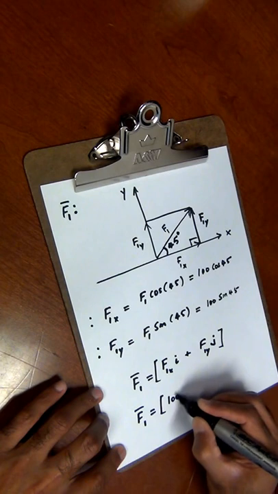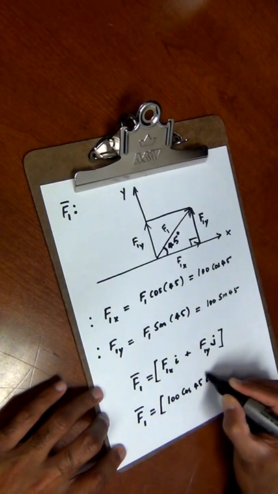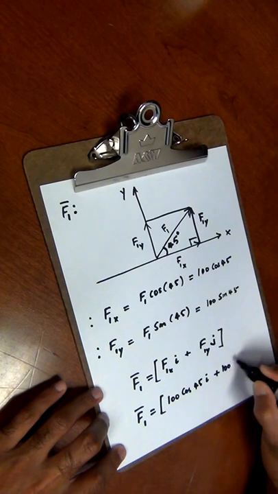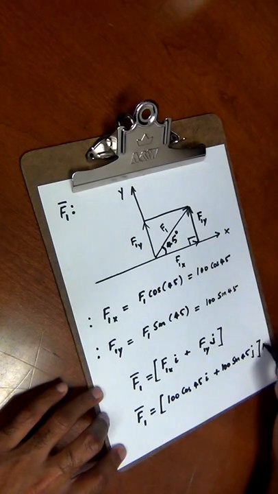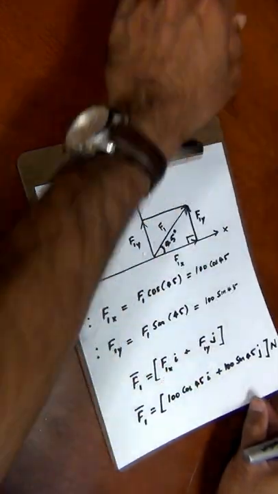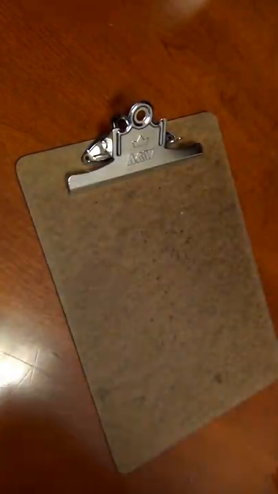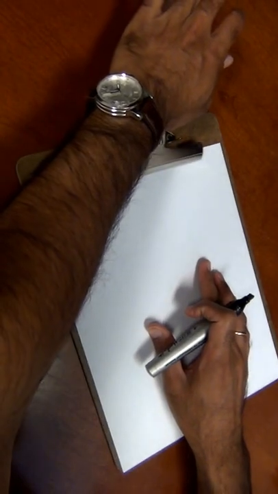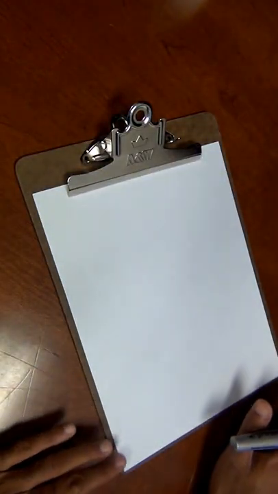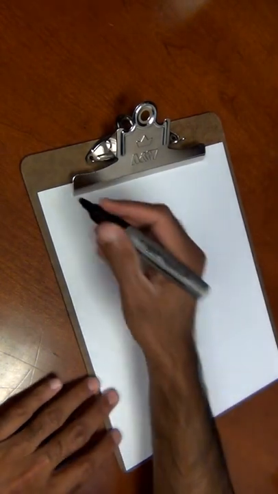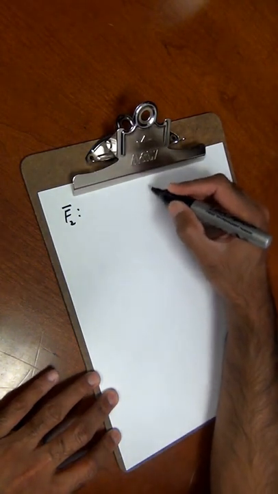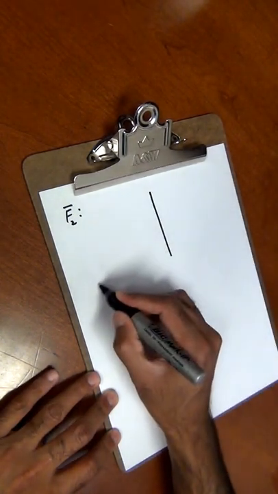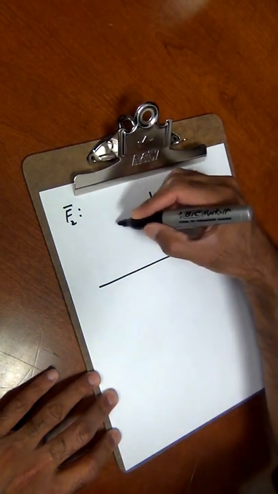Alright, so I have vector F1 as the following. So this is going to be 100 cosine 45 in the i and 100 sine 45 in the j, so many newtons. And we're going to give the same treatment for the other two force vectors as well, vectors F2 and F3. Alright, so let's take a look at the force vector F2. So here is F2. We have the x and y coordinate systems as drawn, and I have the force F2